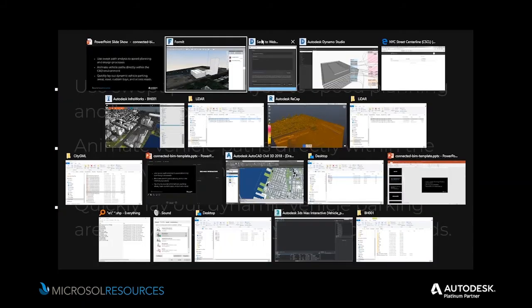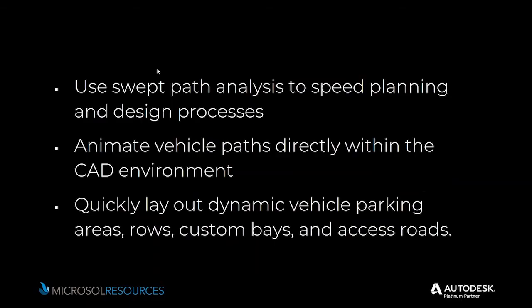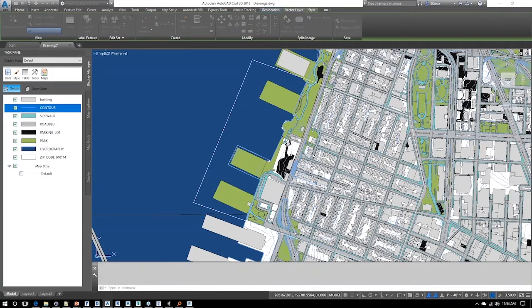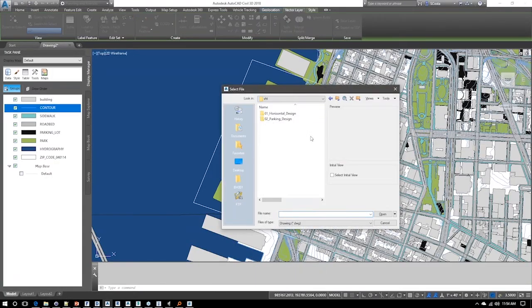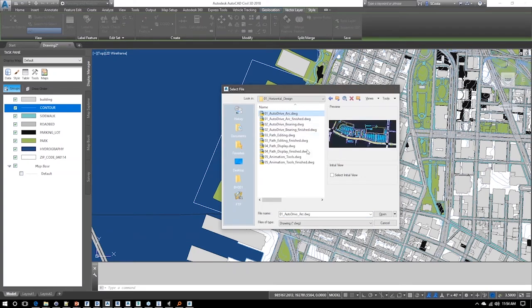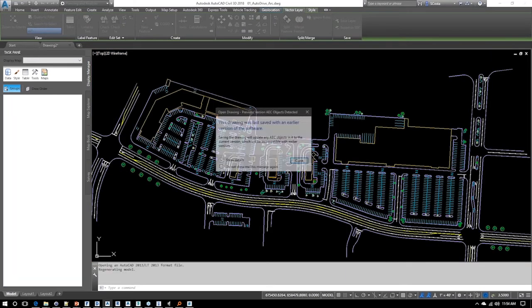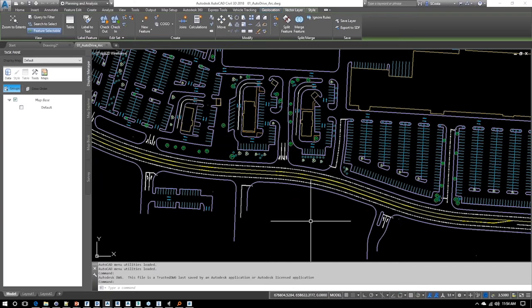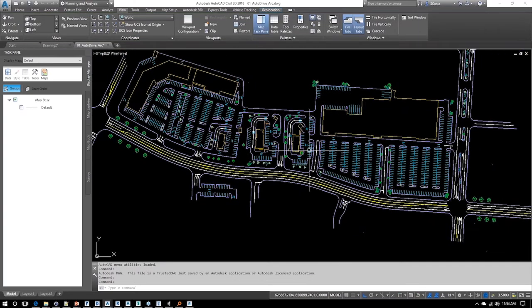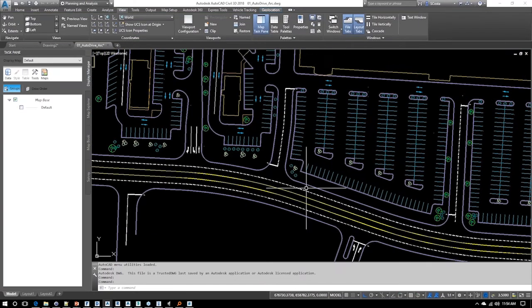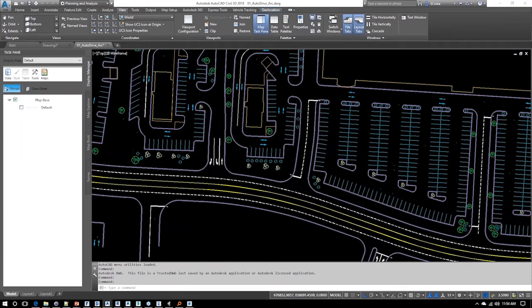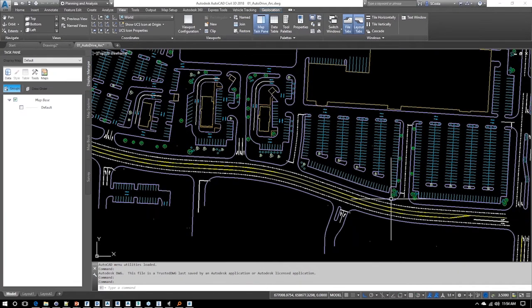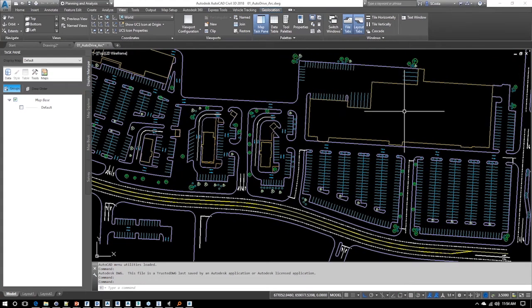Well, I'm going to go ahead and find Civil 3D, and open up a couple of just sample drawings to make things a little bit easier to get through within our time limit. So what you can see here is just a simple AutoCAD sketch of a parking layout for a strip mall, right? So if I wanted to understand a little bit better how a vehicle might access this site, in particular, let's say that there was a delivery truck that needed to access the back of this warehouse, how would I